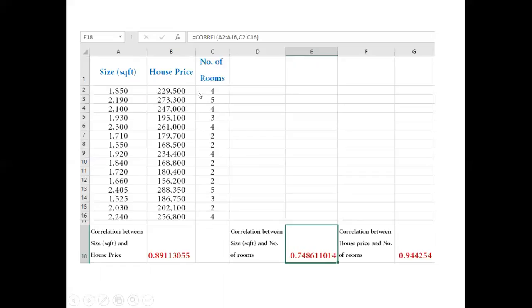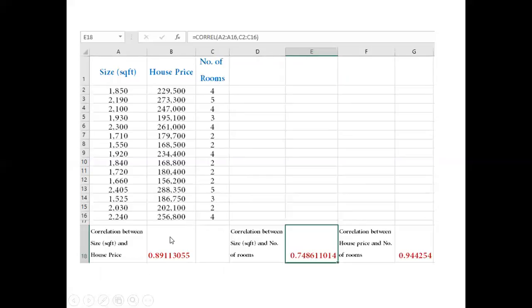Let us see how, directly. I have given the data set here, with the number of rooms, the same data set. We have increased the predictor variables, that is X. This is one independent variable, X1, and this is another independent variable, X2. This is the target variable that we have to find out. Here it is given that there is one more predictor variable, the number of rooms.